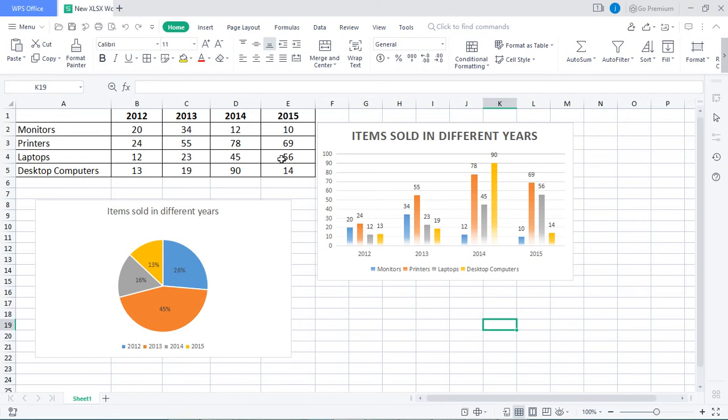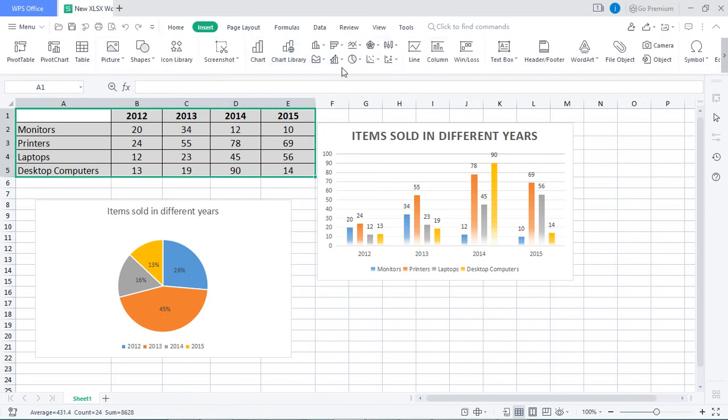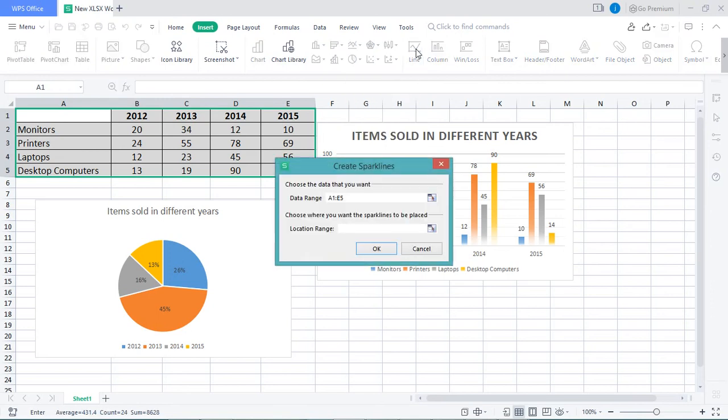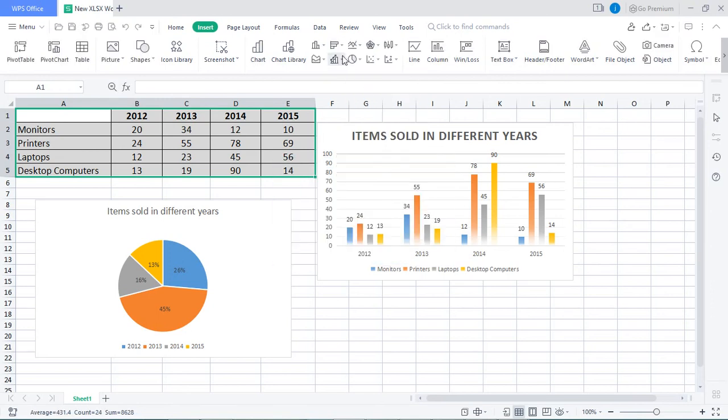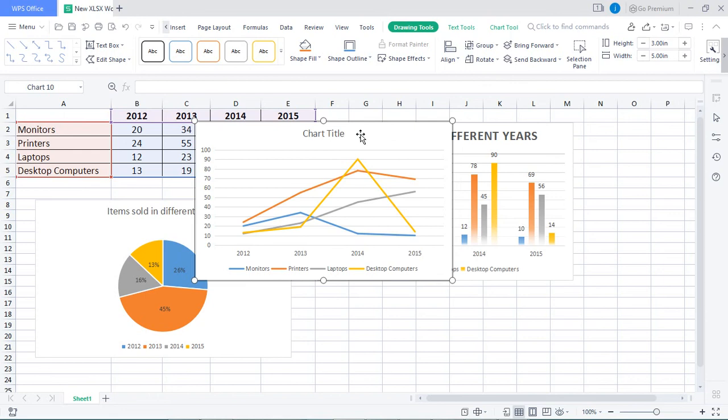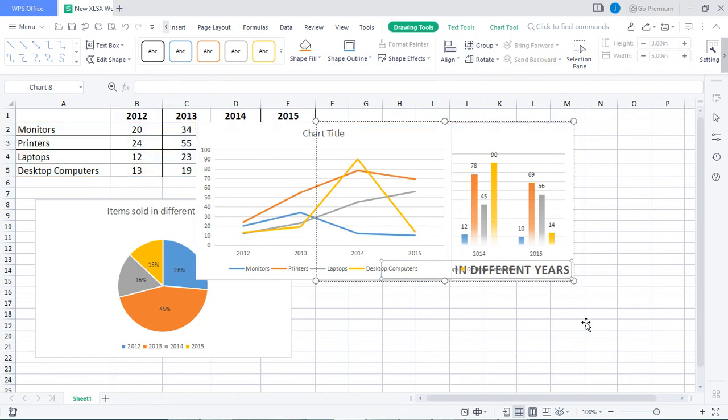Over here, we can also have a line chart. I select this data and go to Insert. There is an option of line chart also.